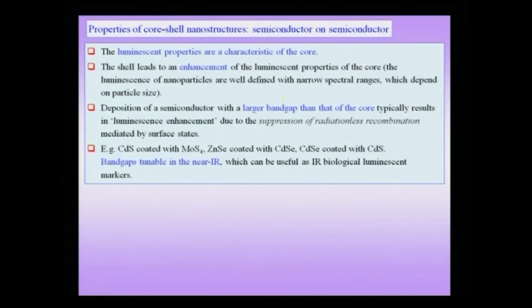The dramatic effect can be seen in what we might call the core shell nanostructures, wherein there is one semiconductor as the core and another semiconductor as the shell. Some examples of these are cadmium sulphide coated with MoS4, zinc selenide coated with CdSe, CdSe coated with CdS, etc. And in this case, we notice that the band gaps are tunable near the IR, in which case they can be used as IR biological luminescent markers also. That means not only can the emission be in the visible region, it can also be in the IR region, and you have a handle on the frequency of emission,